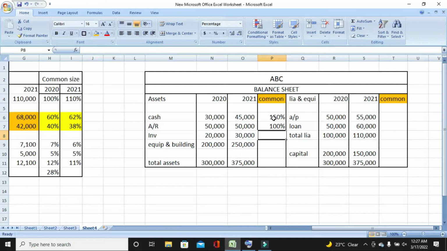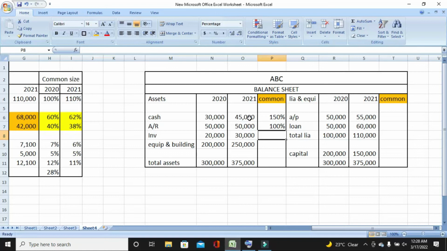What does that mean? That means in 2020 for generating 100 rupees of sales we required 30,000 in cash. But in 2021 for making 100 rupees of sales we required 45,000 in our cash figure. So our cash balance has increased